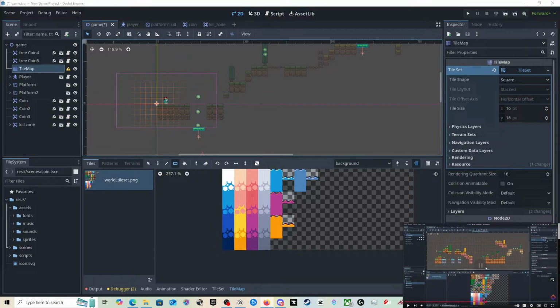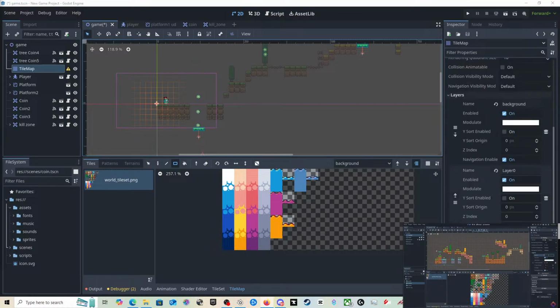So not under our tile set, but under the tile map itself, we have this layers. And this is the one we've been painting in. Let's just call this mid for midground and add another one that we can call background. Let's move this to the top to make sure that it's drawn first.